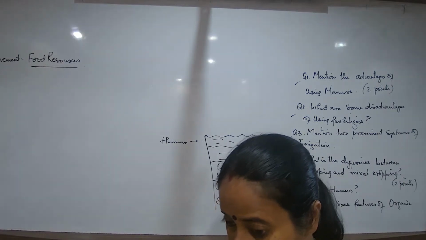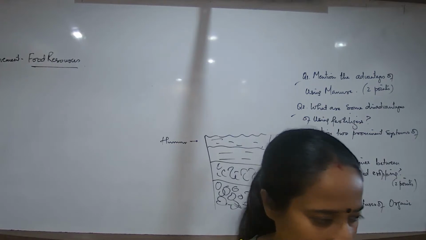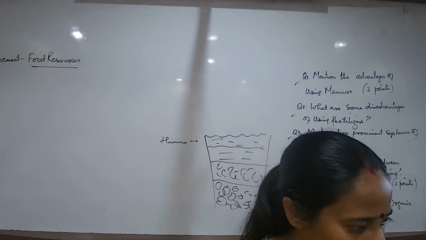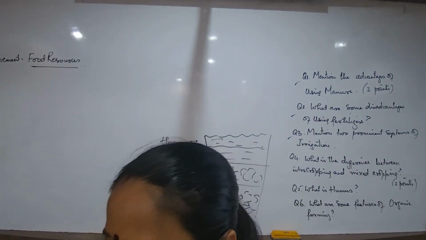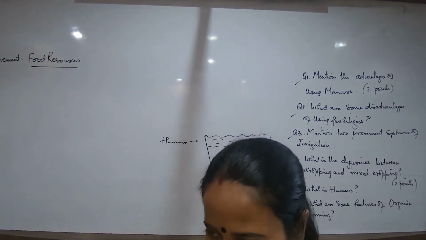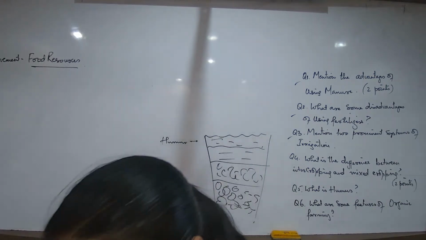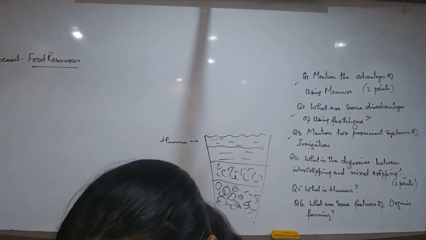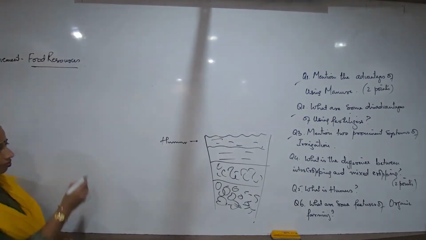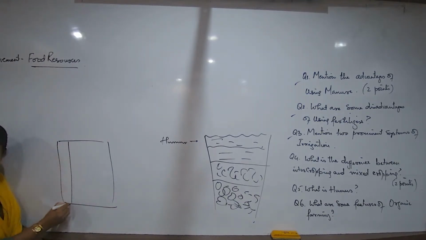Intercropping is growing of two or more crops simultaneously on the same land but with a different pattern. And mixed cropping is growing of two or more crops simultaneously on the same piece of land. If it is intercropping, the crops are grown on the land in a specific pattern, one column this, one column that.